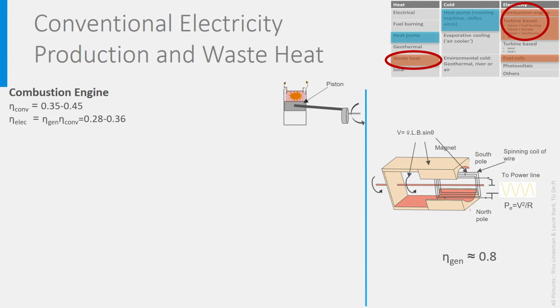A heat exchanger is therefore placed around the cylinder, taking the heat away and releasing it to the environment, air, water, or much better, heating applications like district heating. In this case, we speak about cogeneration. The engine has produced at the same time electricity and useful heat. It is a so-called combined heat and power plant, CHP.